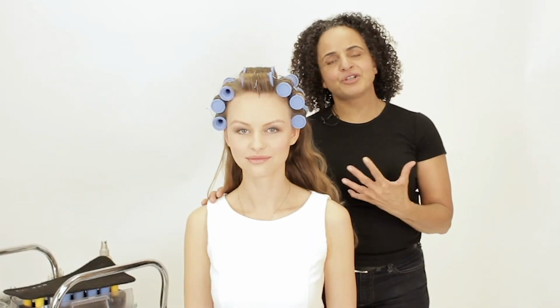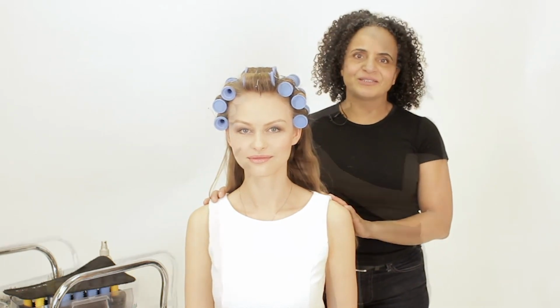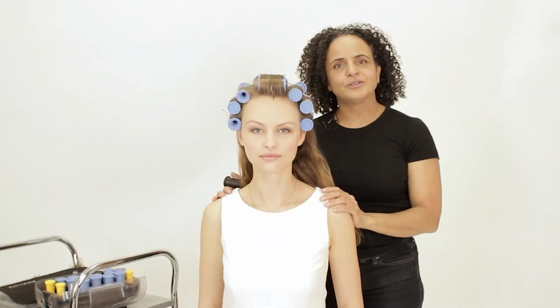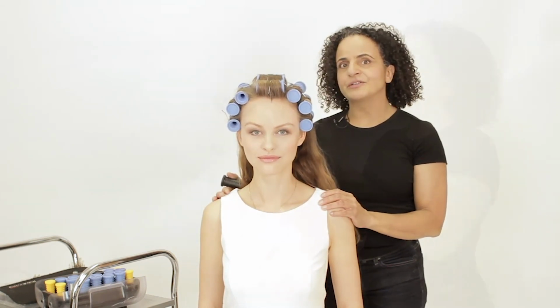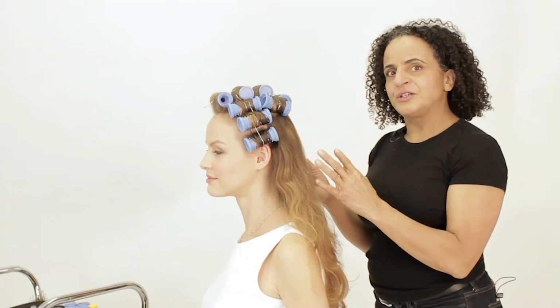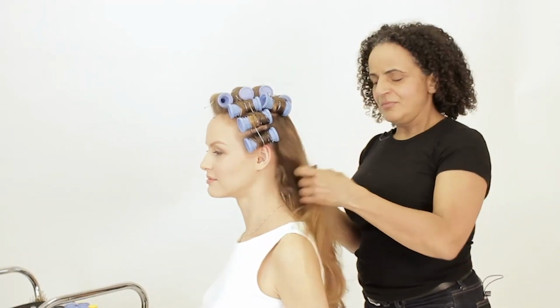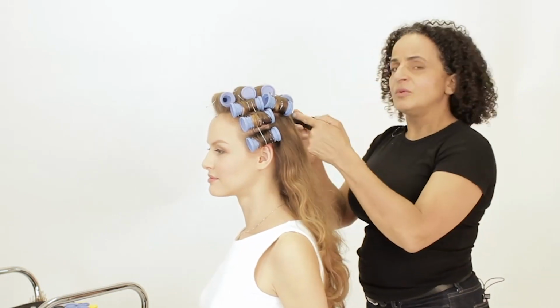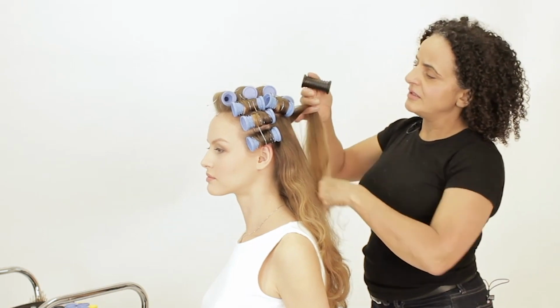I'm going to show you how to create different looking curls and waves using the heated rollers. So we've already learned how to do a traditional wind, which you'll see on our roller setting tutorial. And that's a great way to curl the hair when you're working with short or medium length hair. But if you're working with longer hair, what generally tends to happen if you use the traditional wind,